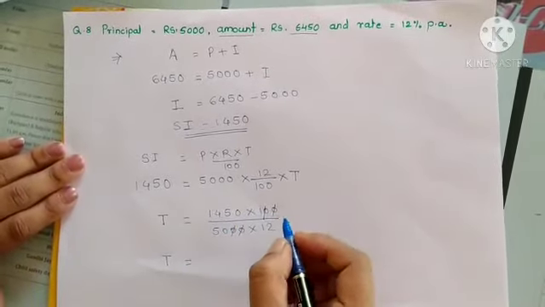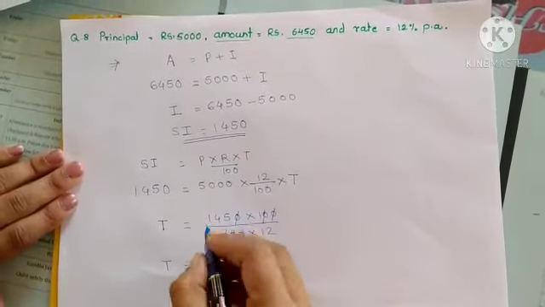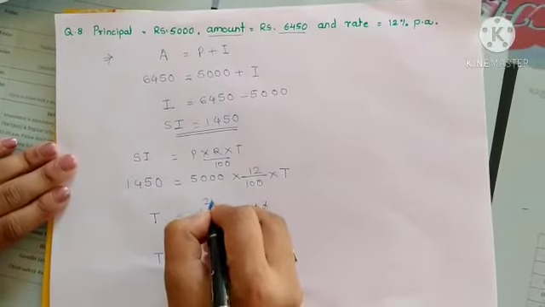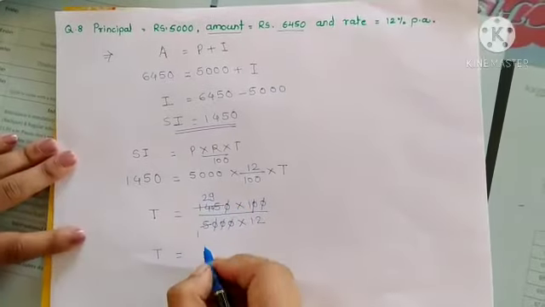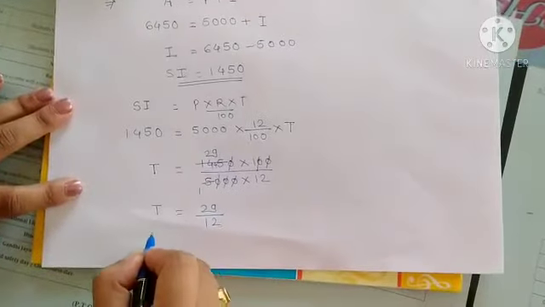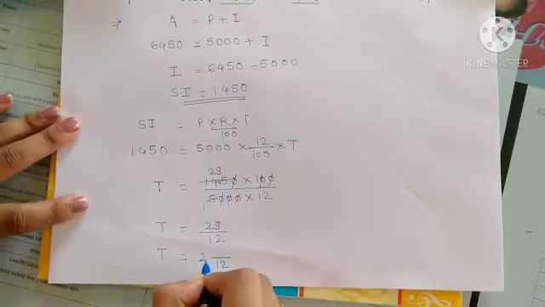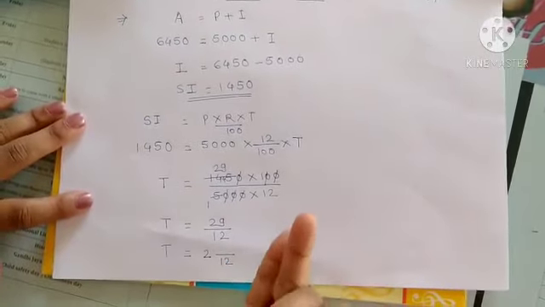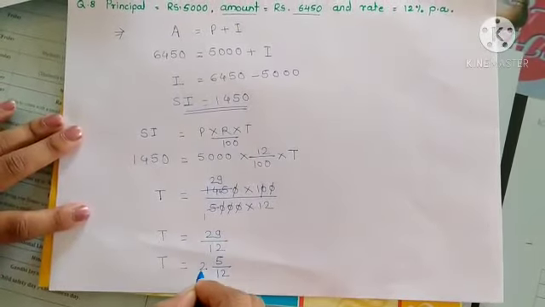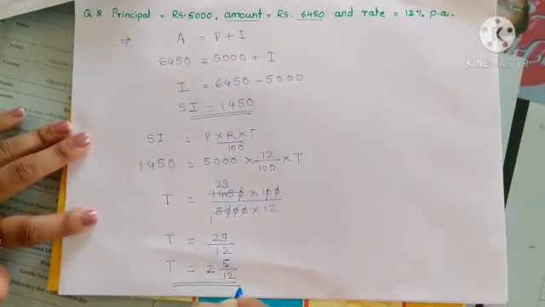Again, 5, this 1 0 is cancelled with this 1 0. 5 1s are 5, 5 2s are 10, here 4, 5 9s are 45, means 29 upon 12. So this we can write as: 12 2s are 24, 24, 25, 26, 27, 28, 29, means 5. 12 2s are 24, 24 plus 5 is equal to 29.